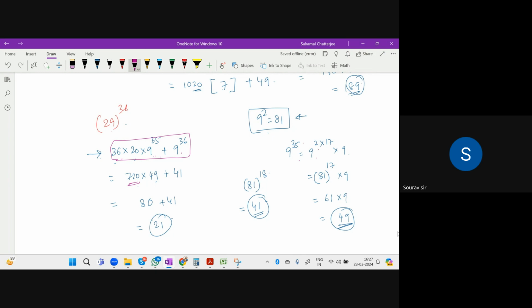9 স্কোয়ার হোল টু দ্য পাওয়ার 17 ইন্টু 9, 35টাকে আমি লিখছি 2 ইন্টু 17 প্লাস 1, রাইট? তাহলে 81 টু দ্য পাওয়ার 17, এখানে 1 আছে, 8 7 56, তাহলে 6 61 ইন্টু 9 করো, তাহলে কি হবে? 9 আর 9 6 অফ 54, তাহলে 4 4 9 লাস্ট দুটো টার্ম, লাস্ট দুটো ডিজিট, সরি।